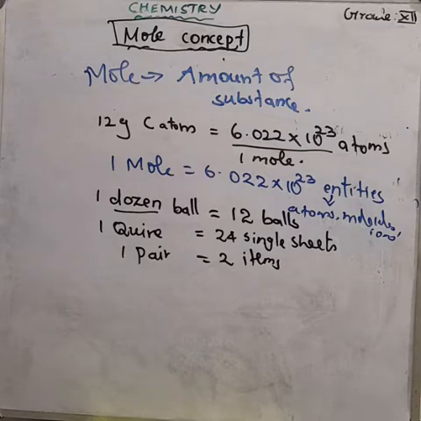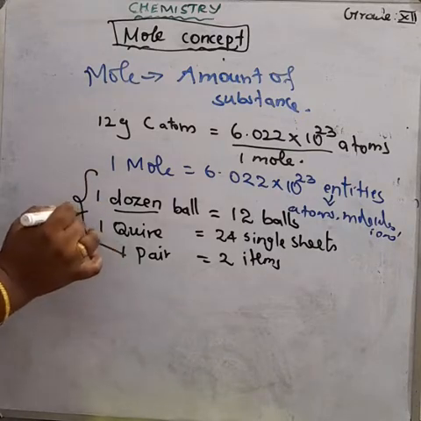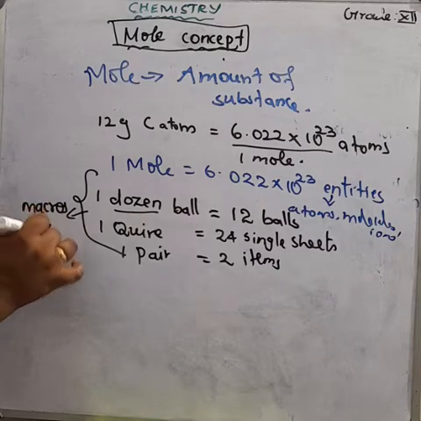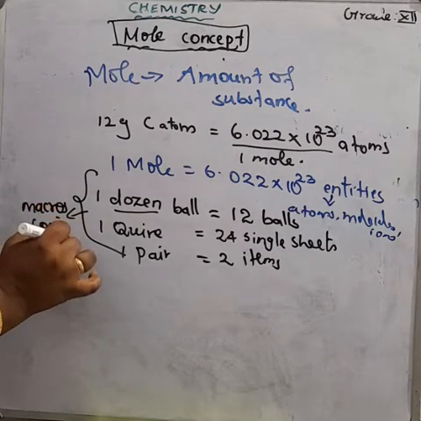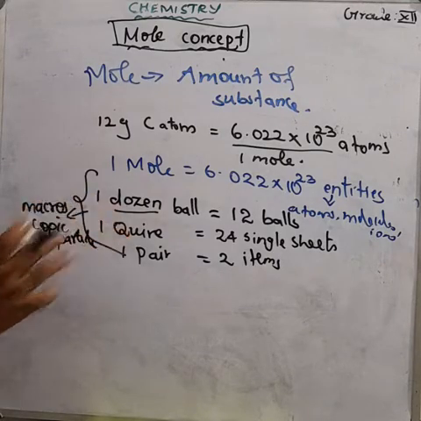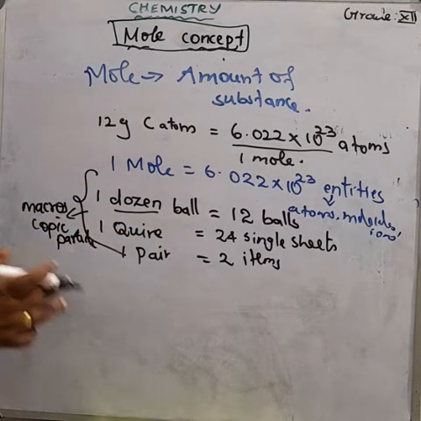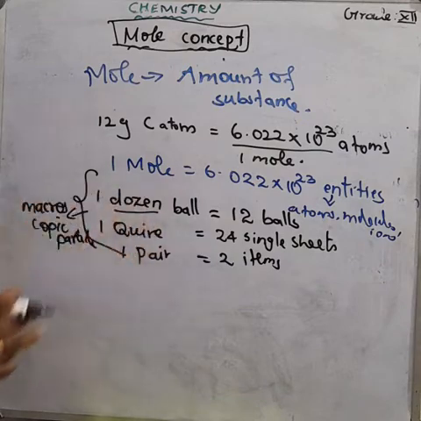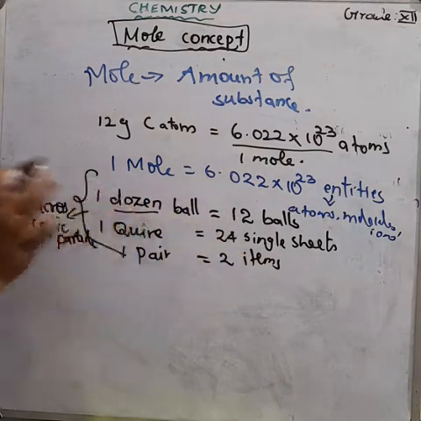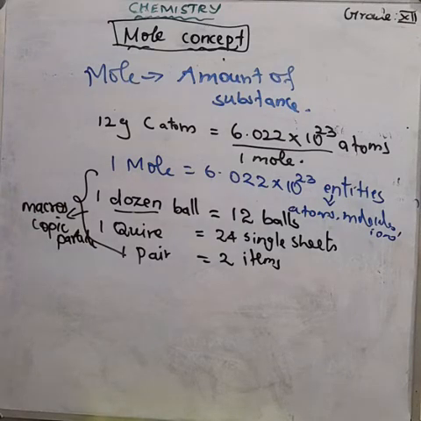These are all macroscopic particles, like the ball, apple, and orange. For macroscopic particles, we use words like dozen. So 2 dozen means 24 balls. Instead of saying 24 balls, we use 2 dozen. It is very easy. Understood?